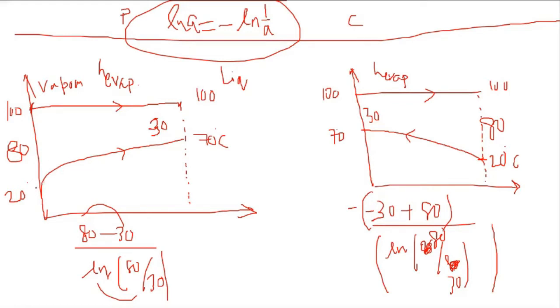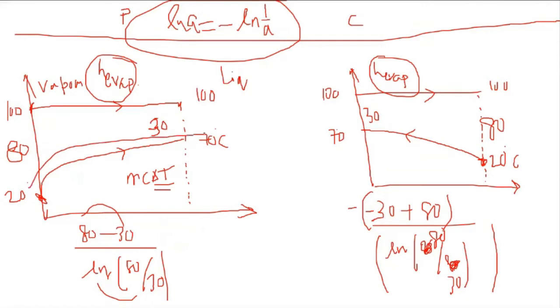Okay, I'll explain the others. Here inlet temperature for cold water is 20. Here also inlet temperature for cold water is 20. In both the cases, the heat absorbed value will be equal to mc delta T. Since here the heat absorbed is H evaporation, here also heat absorbed is H evaporation, it means delta T value should be same for both the cases. Since here delta T value is 50, here also delta T value should be 50. And if here the final temperature is 70, here also the final temperature should be 70. Is that clear to all?